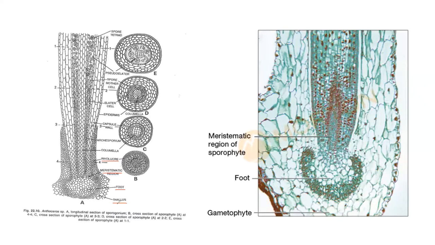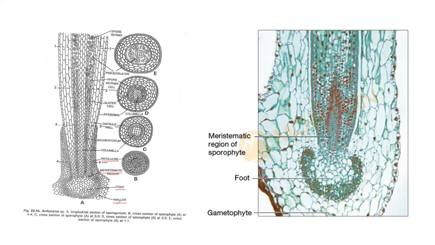The sporophyte is depending upon gametophyte only for the nutrients, the water and minerals, but not for the food material. As it is green in color, it can prepare its own food material. So with the help of foot, not only it will anchor to the gametophyte, it will also take those minerals along with the water.